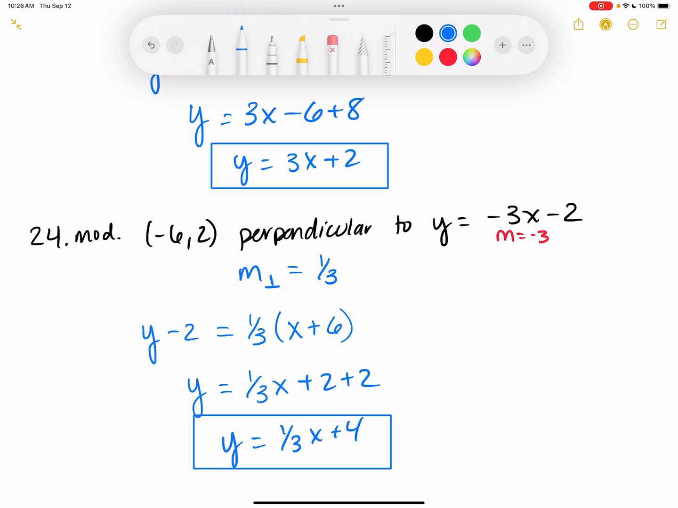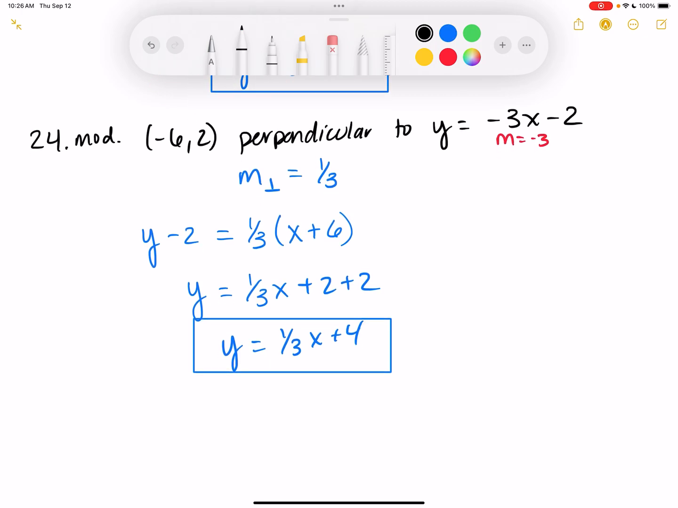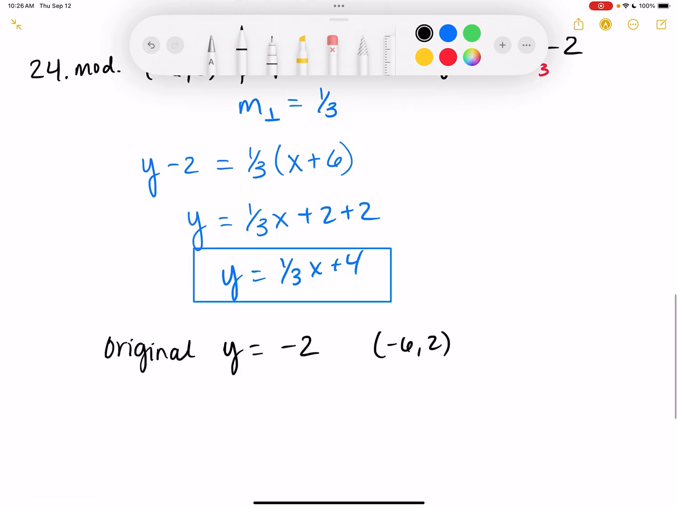Now, the way this problem was originally written, the equation was y equals negative 2. So the point was (-6, 2), perpendicular to y equals negative 2. So what would I do? It'd be a vertical line. So x equals